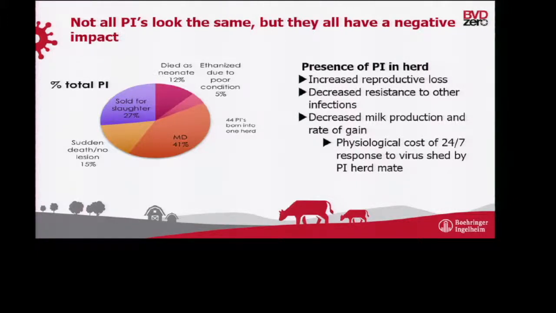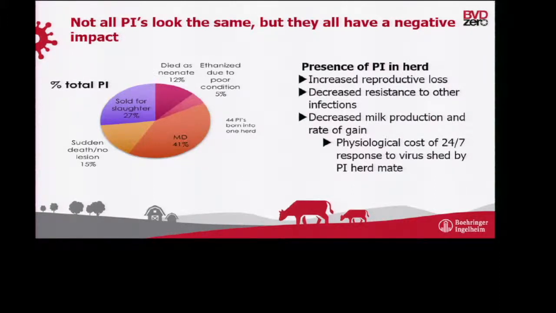And the reason we're experiencing problems because the PI is in the herd is we have increased reproductive loss in cohorts. There's a decreased resistance to other infections. Part of that is due to the immune suppression of BVD when you're constantly being exposed to it, but it's also because even if they have a high titer, the way the immune system works, it's not like a windshield where the gravel hits it and bounces off. It's more like a soccer goalie, where they have to actually stop the ball, receive it, and throw it back out. So it requires energy every time. It's not a zero-sum event.